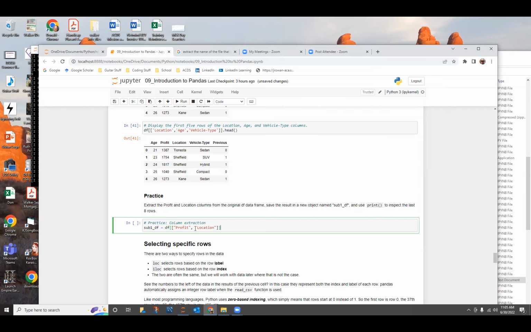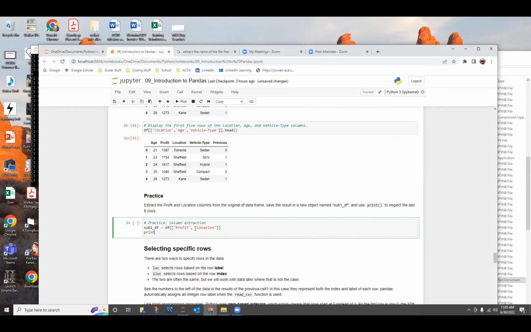And then we were printing sub, and if I hit tab, yep, sub1_df, that's the only thing that starts with the letters sub. print(sub1_df.tail